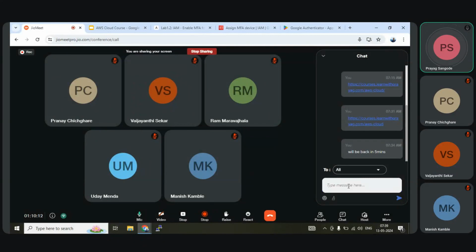Pranay, did you create an account? You can reply on the chat. And if you are facing any issue with the mic and all, if you see here at the top, sometimes the mic is blocked here. If you click there, it will allow your